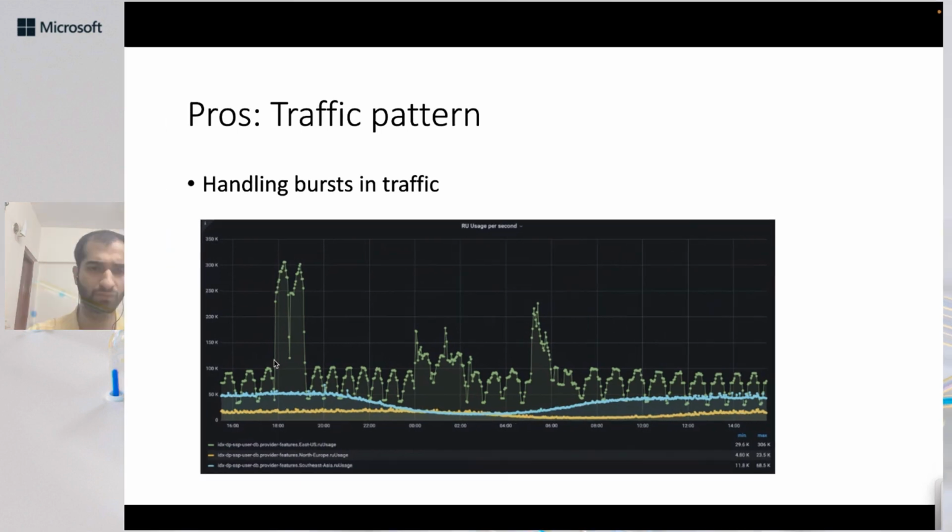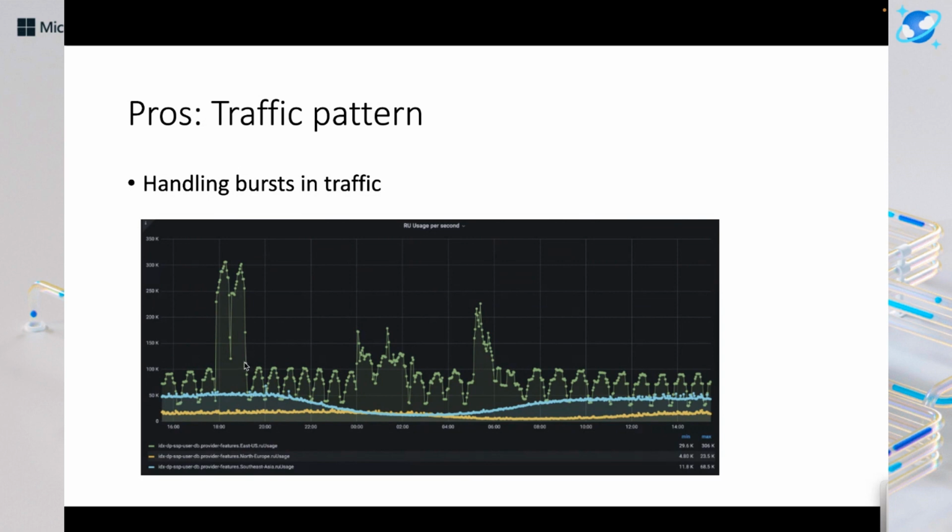So here, what this batch job will do is that whenever the batch job is about to run, since the write part is in our control, we can definitely tell Cosmos in advance that this is the amount of RU that I'm going to use. For example, in this image, you can see that from 100K the usage has gone to 300K. In this case, the batch job would already know the QPS at which I'm going to hit the Cosmos DB and the operations which I'm going to do, that will use 200K.